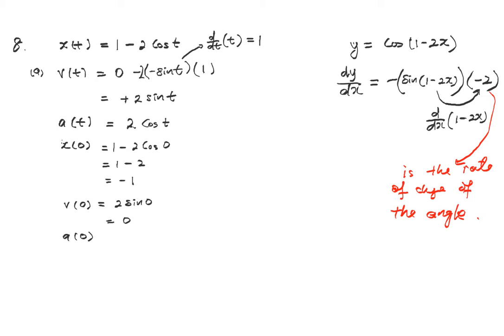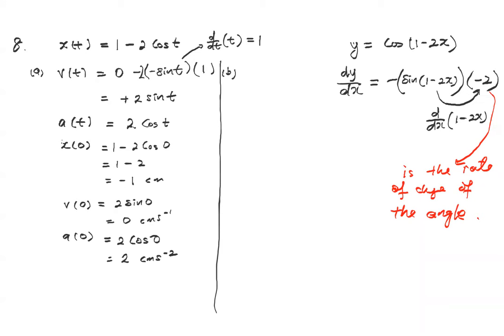A0 will be equal to 2 cos 0. Cos 0 is 1. So answer is 2. So this is cm per second. This is cm. And this is cm per second squared. Okay, you are done with your part A. Are you clear? So for your part B,